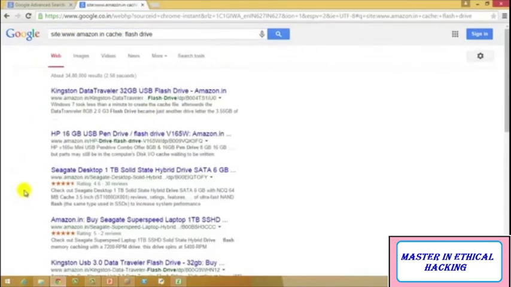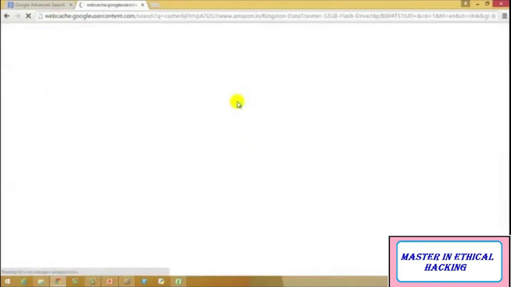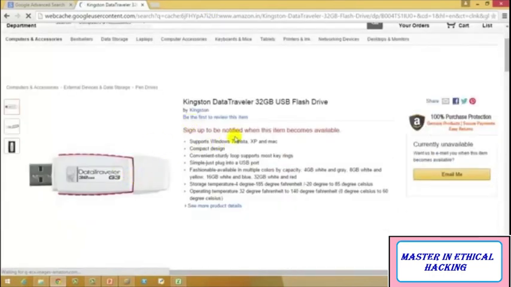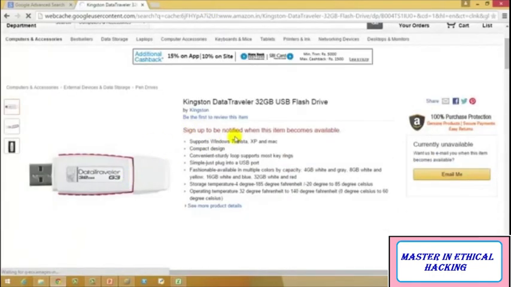As you can see, we have everything starting with the site Amazon, and we have the cached version. If I check the cached web page, and if the Amazon website is not careful in clearing its cache memories, then what may happen, for example, is that Amazon has this 3G data traveler on the 30th of December, let's say, any specific